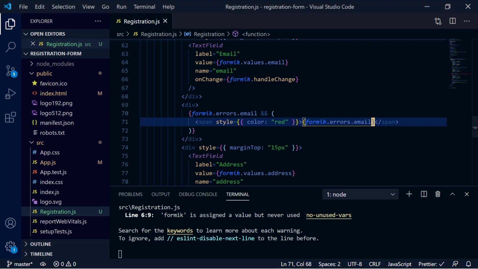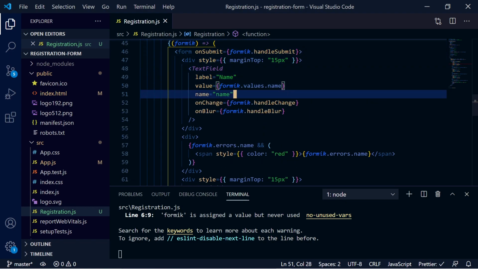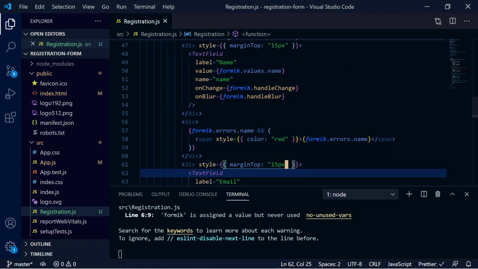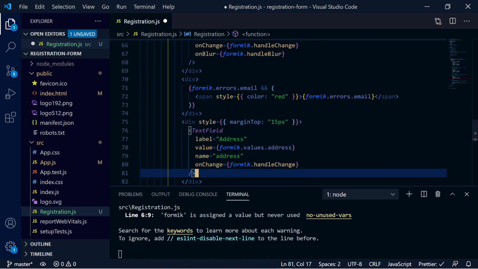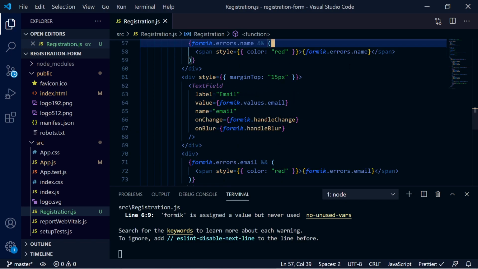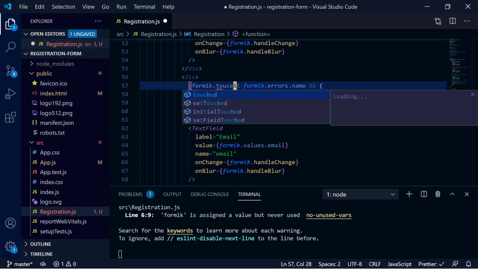So for that we can track the touched property. There is one way to track that property in Formik. For that you can write this line, onBlur. onBlur will give us one property, touched, by which we can track that. Let's copy it and paste it for all the text fields so that we will be able to track that touched property. Let's paste this for this text field also. Now you just need to change one line in your error message. Where we were checking whether the name error is present or not, we will also check whether that field is touched or not. So you can write Formik.touched.name.